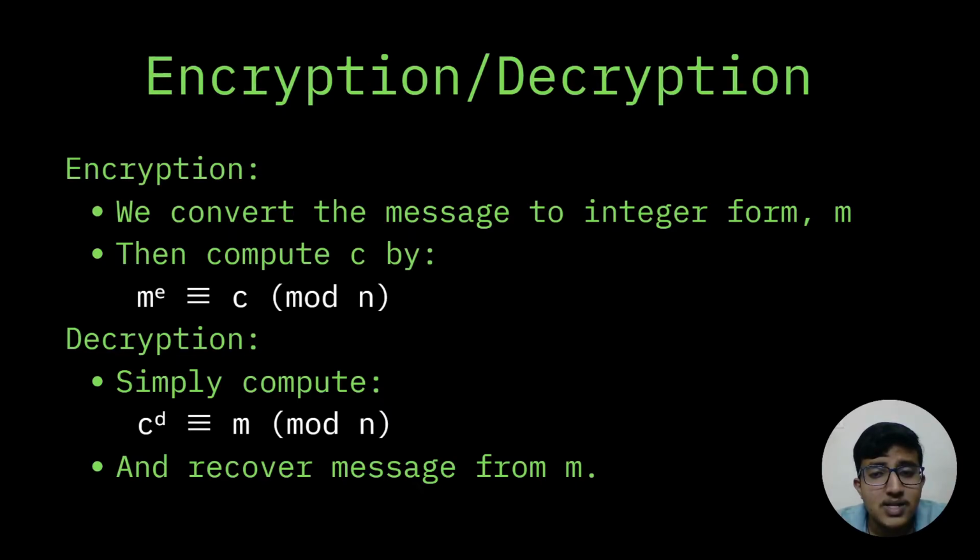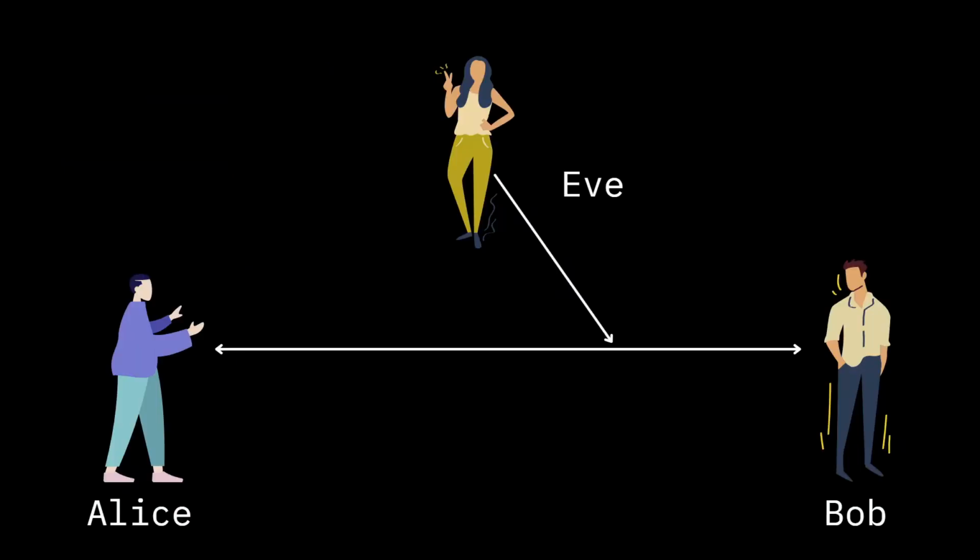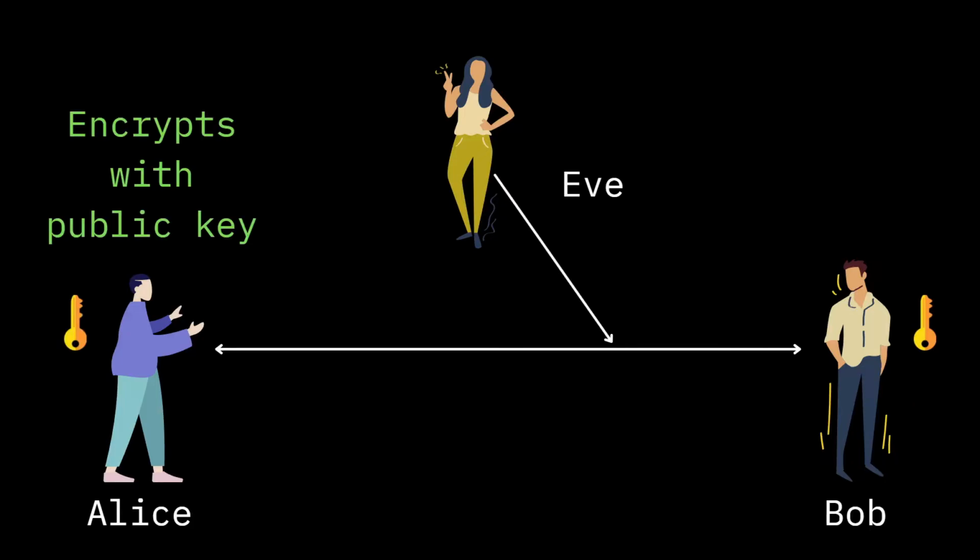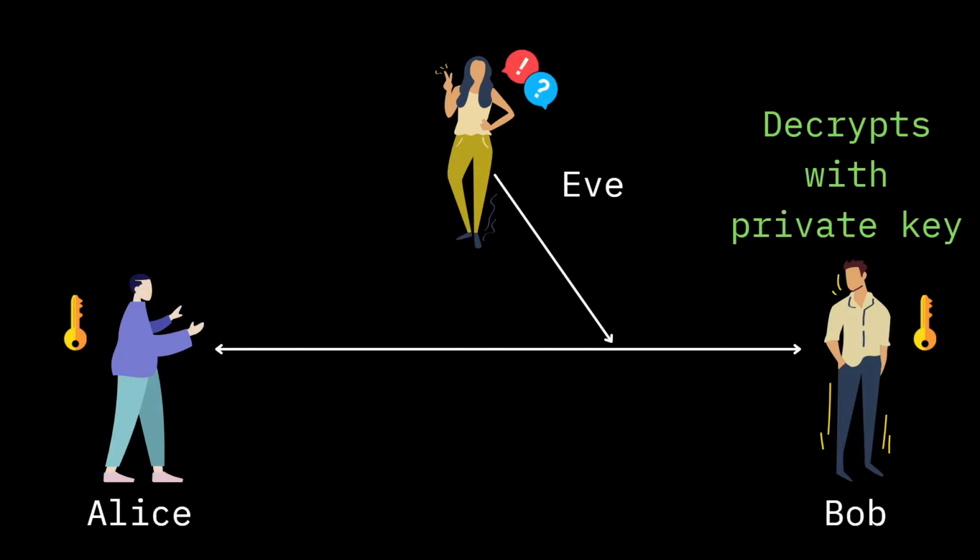Now, to give you a summarized picture, let's have a quick walkthrough in layman's terms. Suppose that Alice wants to send some sensitive information to Bob and they decide to use RSA. First, Bob creates a pair of public and private keys and transmits the public key to Alice via a reliable but not necessarily secure route. Alice then encrypts the message with the public key and sends the encrypted message to Bob. Now, Bob, on the other end, with his private key, can decrypt it to get the message.